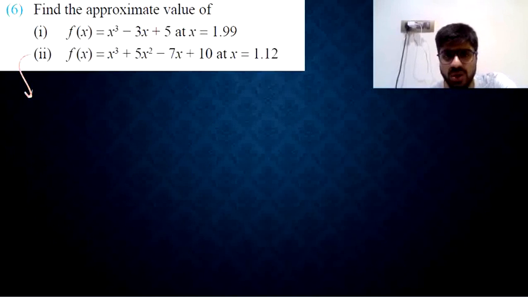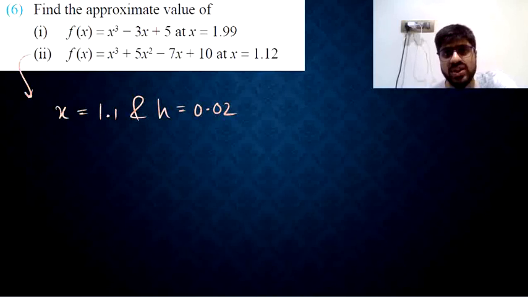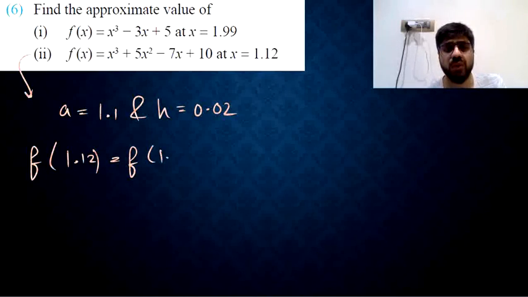It's a similar one. So you take x as, it would be more appropriate to take 1.1 and h as 0.02, because if we take x as 1 and h as 0.12, then the errors are going to be much bigger, and calculating 1.1 cube is not going to be a tough job for us. So let's go ahead with x as 1.1 and h as 0.02. So f of, okay, not x, a, that's the terminology we have been using. So f of a plus h, that will be 1.12, that should be equal to f of 1.1 plus h, which is 0.02 into